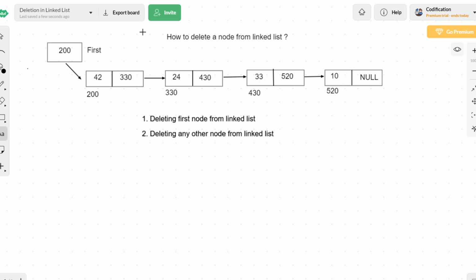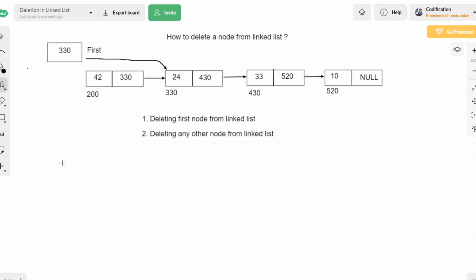We take the address of the second node, which is 330, available in first of next, and change the address inside the first pointer. Now this pointer called first, instead of referring to the first node, hereafter will be referring to the second node.